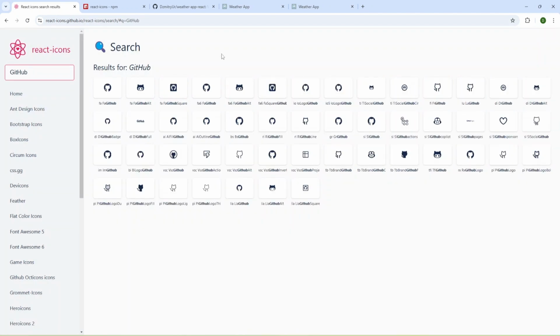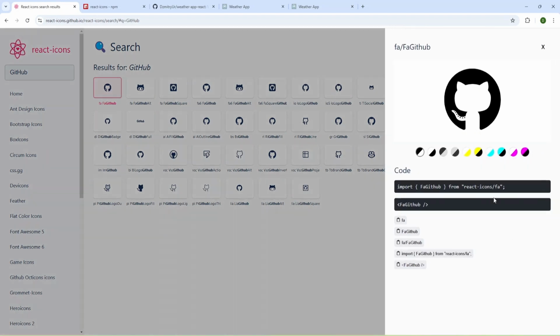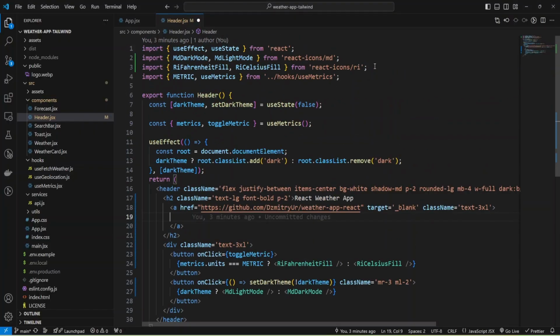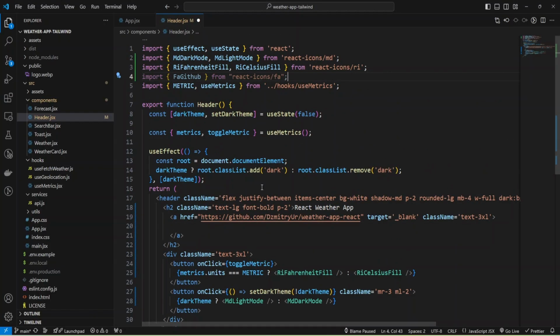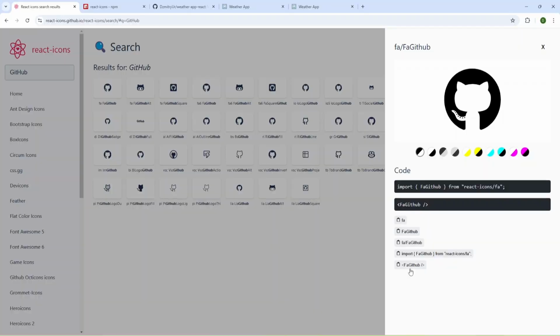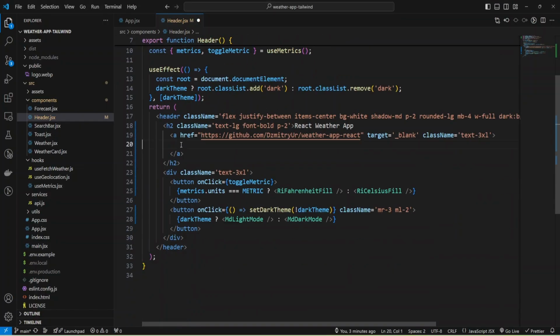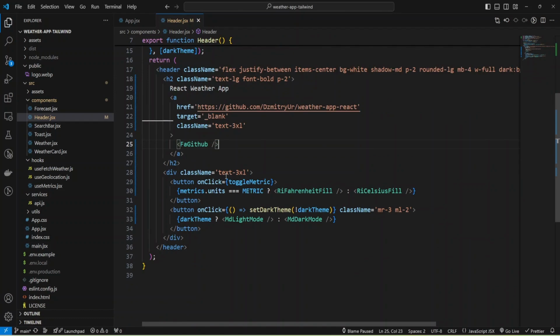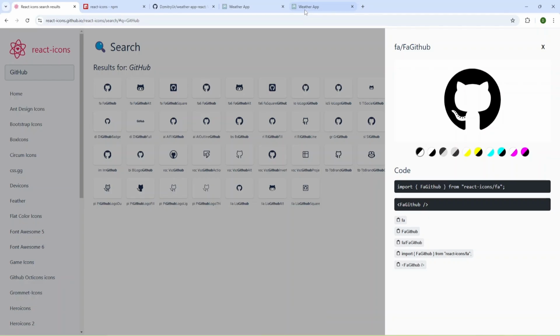And I would like to add, probably, I don't know, Font Awesome. Let's take this one, and I'm going to copy and paste my import and also the component, and I'll add my component just inside of the a tag. Let's check what we have.